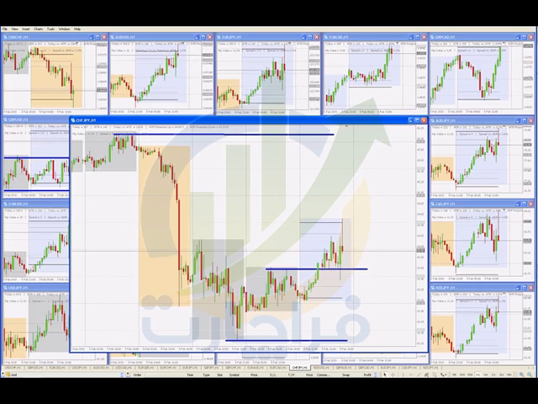I don't really want to get into how to enter the trade, how to search, or what type of price formations we are going to search. But just so you know, we are going to be searching for this type of breakout pullbacks. There we'll zoom into the shorter time frames. We'll wait for the magic dot indicator to give us that entry point, and from there, well, you see how